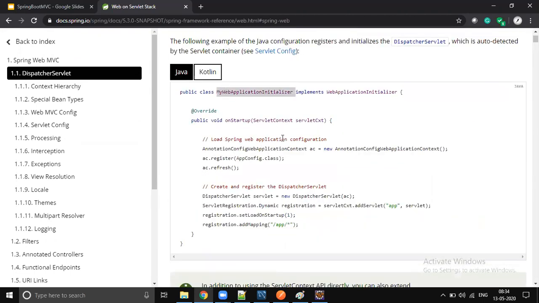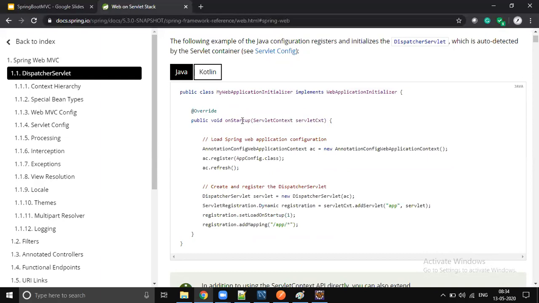Okay. The configuration looks something like this. Web application initializer. You write a class which implements WebApplicationInitializer. This is from Spring. The configuration class implements WebApplicationInitializer. It is acceptable. The configuration can be done through Spring implementation, not the business logic model classes. Configuration classes can implement Spring configuration. Somewhat, it is acceptable.